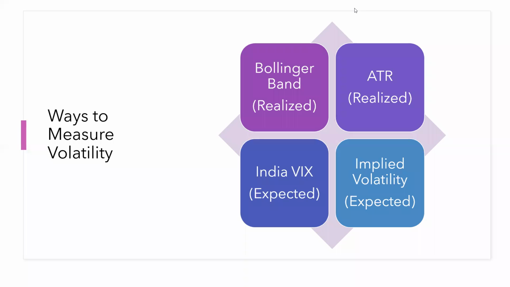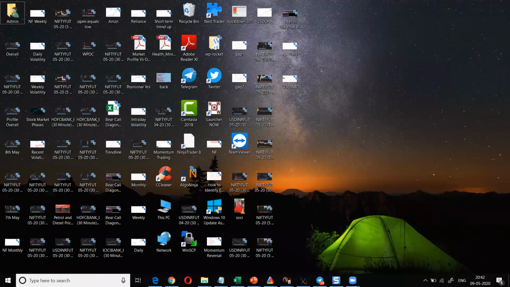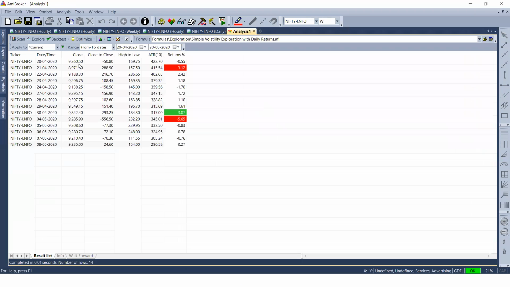So if you see my AmiBroker tool, I have a simple scanner out there. If I click on explore, for the last couple of days, I'll be able to see the high to low volatility. I measure something called high to low volatility. I measure something called ATR volatilities. These are the 2 volatility factors I'll be figuring out, or close to close. From yesterday's close to today's close, what was the volatility? But I give more importance to